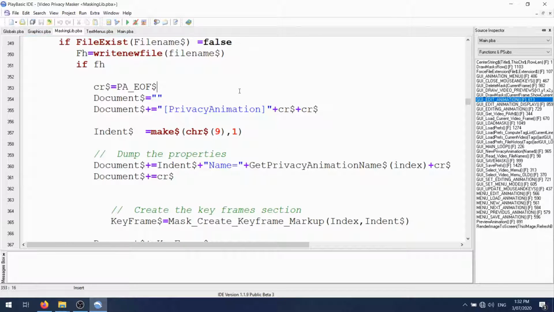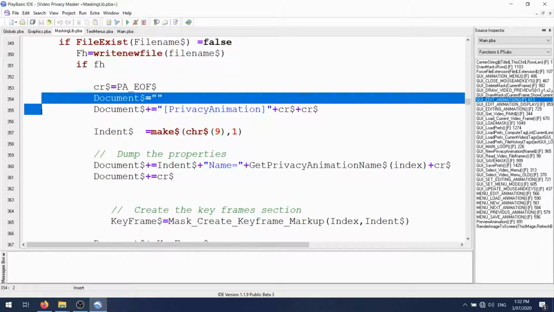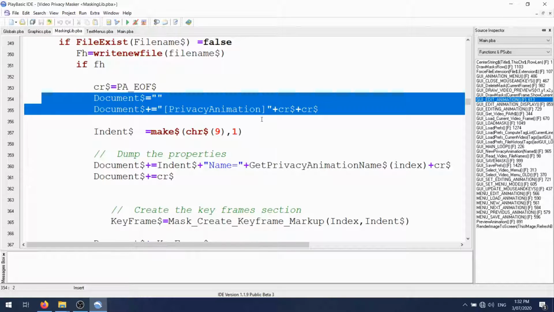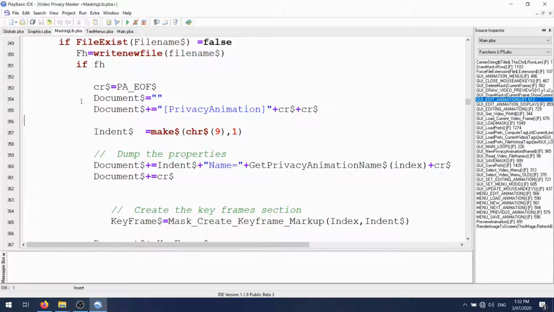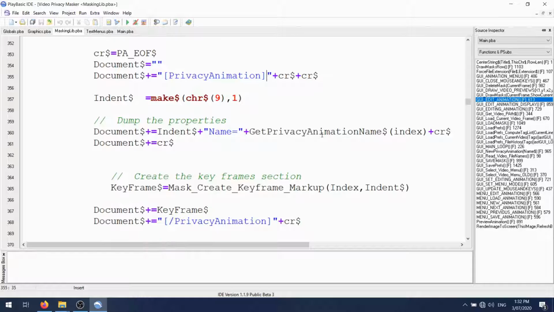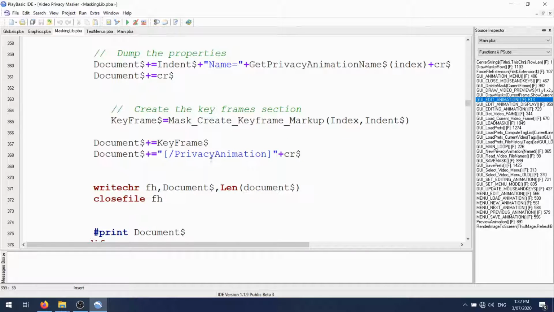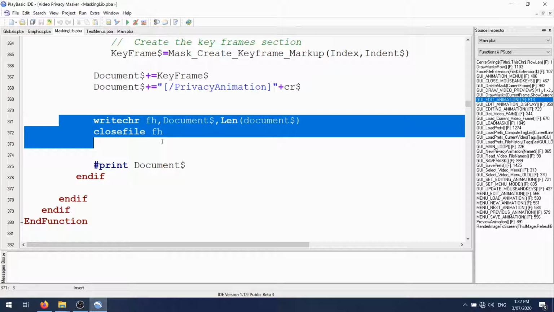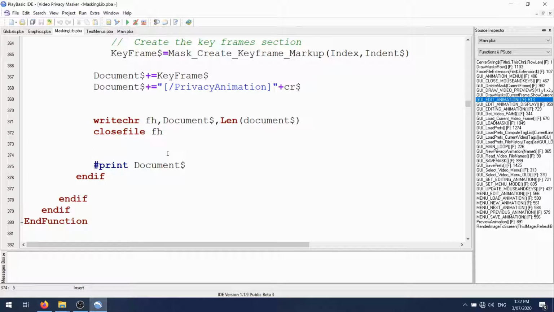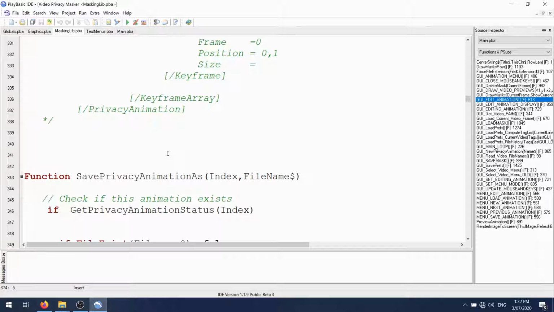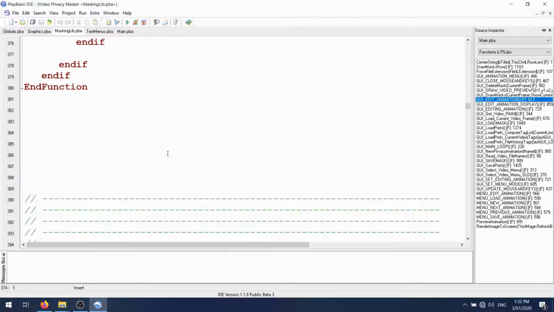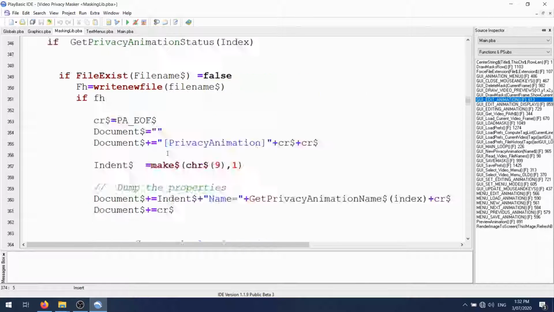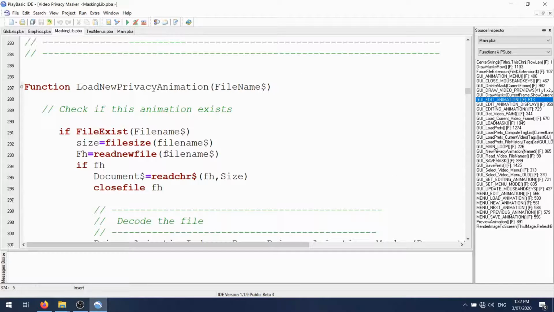But anyway, to make the animation itself, we're making a text file. Privacy animation is the title tag, getting the properties from it, creating these frames, adding them all, and then just dumping the whole thing to disk. Saving's pretty straightforward. If we go to the loading,